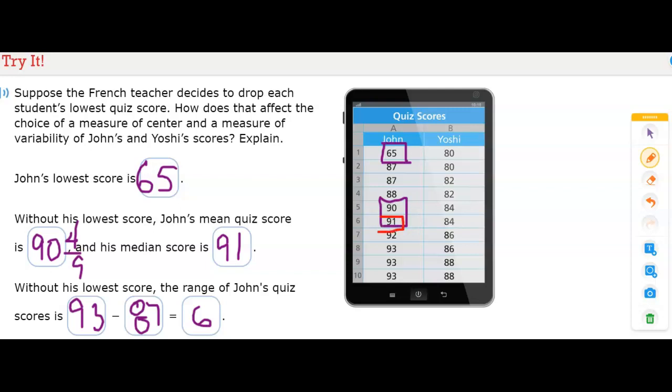So the middle number would be 91. And so we look at the lower quartile and the upper. The lower is 4 numbers. So we have 2 middle numbers, 87 and 88. So we would add those together and divide by 2. And we get